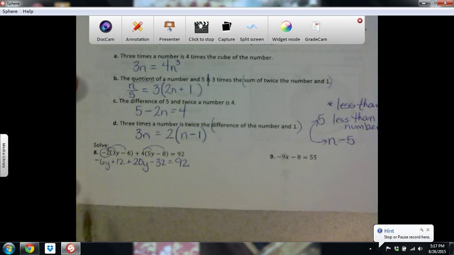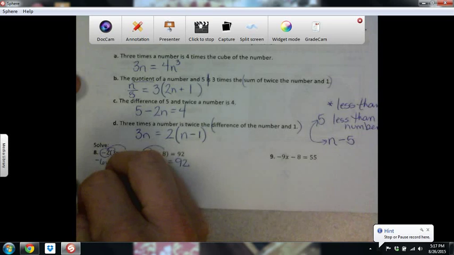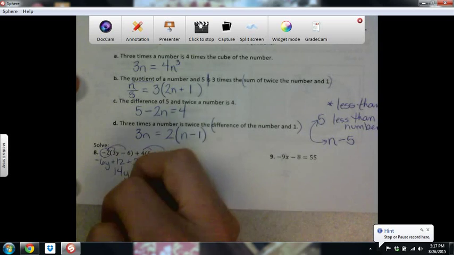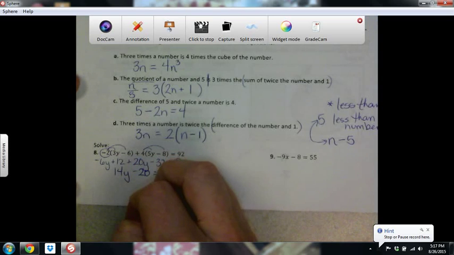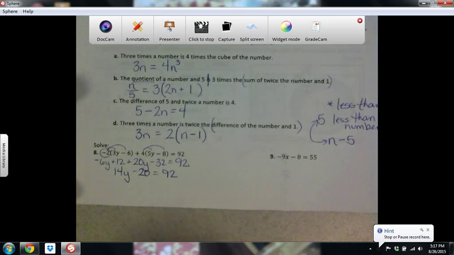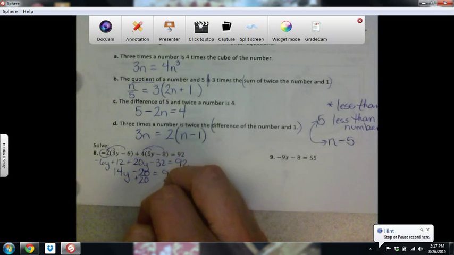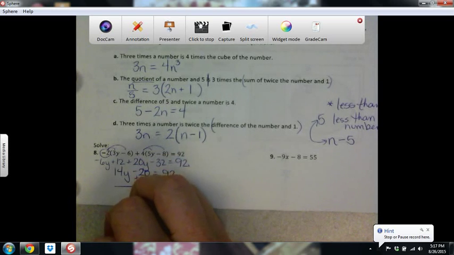Then I can combine like terms. As long as my variables are on the same side of the equal sign, I can combine them. So 20 minus 6y is 14y, and 12 minus 32 is a negative 20 equals 92. Then I would solve this like a two-step equation. I'd add 20 to both sides. I get that 14y equals